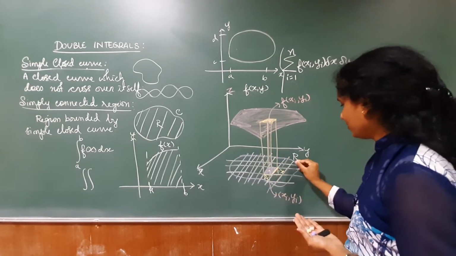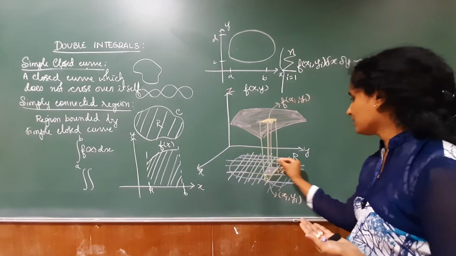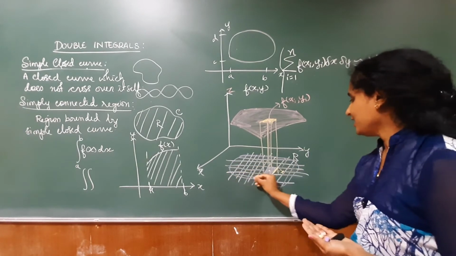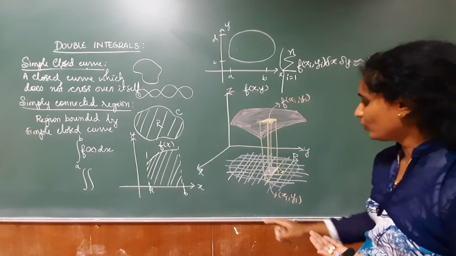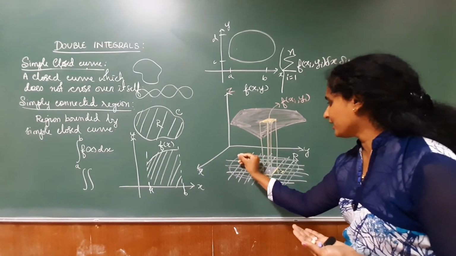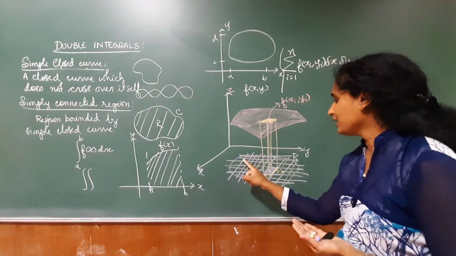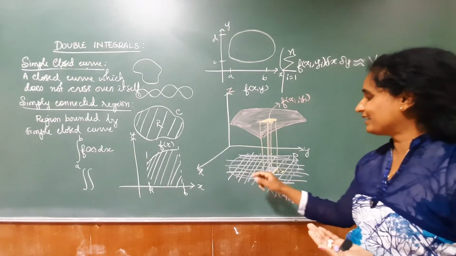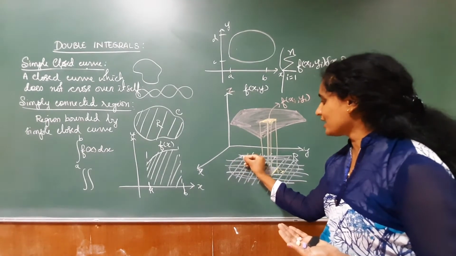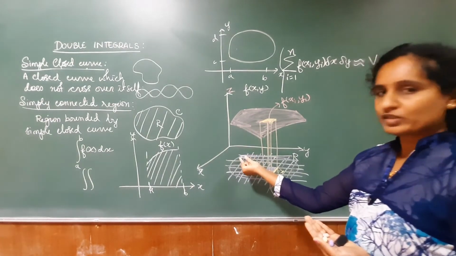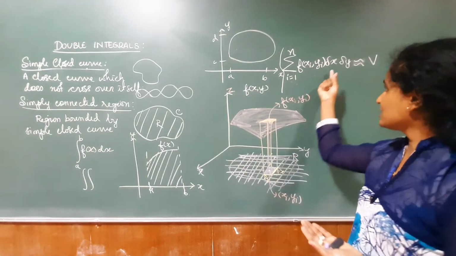I am dividing them into smaller rectangles. Why do I do this? Suppose I divide into smaller rectangles. Now what happened? This here it was not a rectangle. Suppose this is another line I take. Here this was not a rectangle which I would have considered when I took bigger rectangles. Now I can make this a smaller rectangle. I can take this volume also which was missed out in the previous summation.